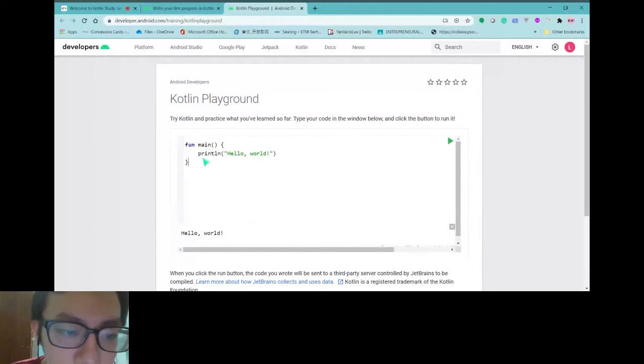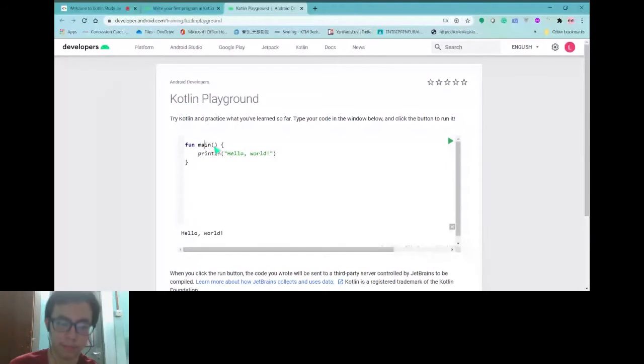And then this is the main method, as most of you already know. When we execute the program, it will start by finding this main method, followed by the brackets here, and then the curly bracket, and below this you have println. In Java the syntax is System.out.print or System.out.println, but in Kotlin it's a bit simpler, just println or print.